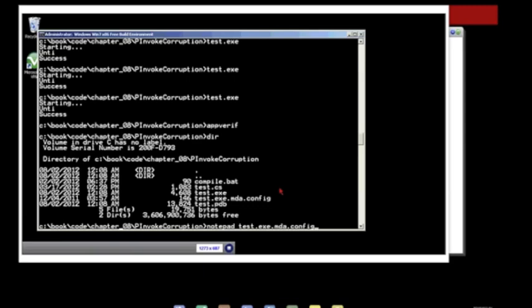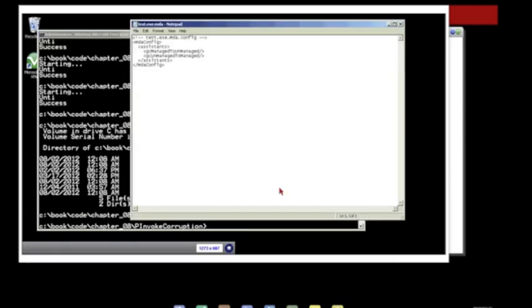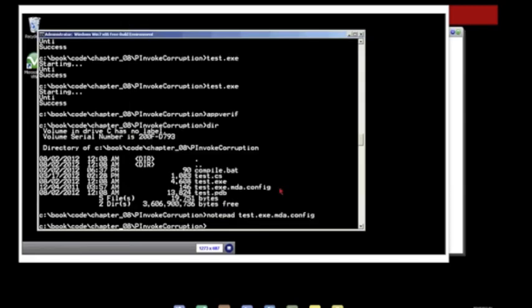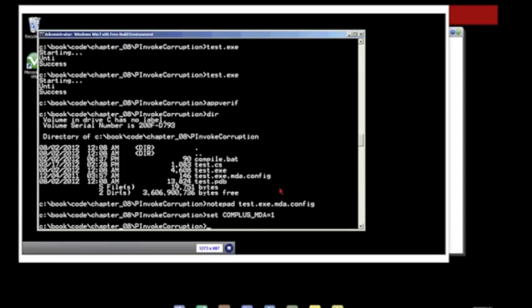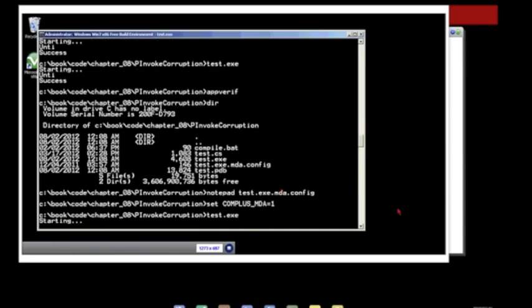to use these MDAs that I just described. And in this case, it's actually pretty simple. You just add this config file under the same path as your managed application. I'm just enabling these two MDAs, which tell the CLR to perform a garbage collection at managed to unmanaged and unmanaged to managed transitions. There is another thing: these MDAs will only take effect if I also set this environment variable to 1. So now I have set it to 1,